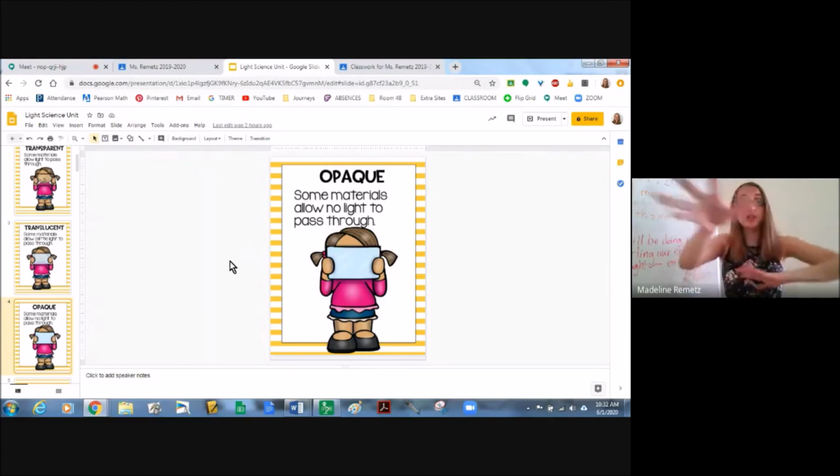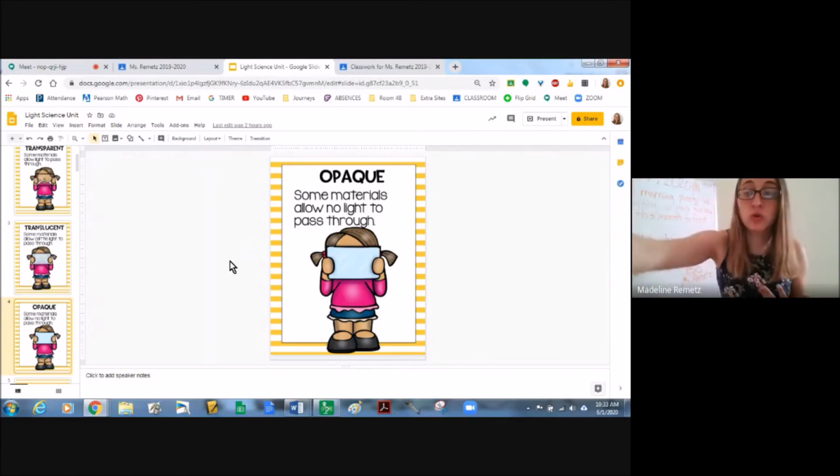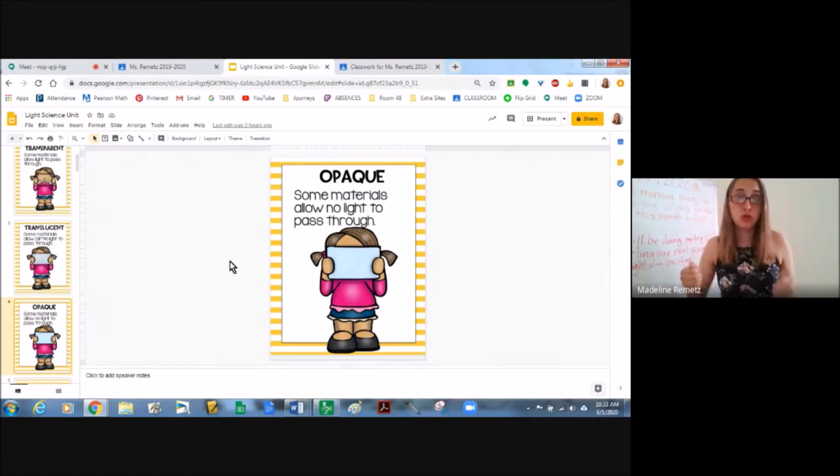And hundreds of years ago, people had that problem. They built a house, they built windows even, but when it became nighttime and the sun went away, it was too dark and they couldn't see anything. So they had to make their own lights. They might have made lamps and light bulbs, or they maybe lit a candle. So for hundreds and hundreds of years, ever since humans walked this earth, they had to figure out what to do when things were opaque or when it got too dark out. And that's why they learned this word,